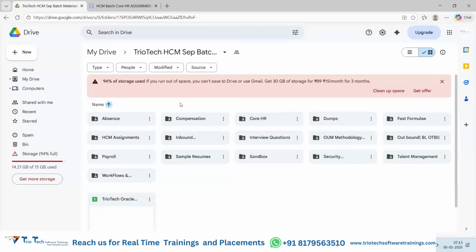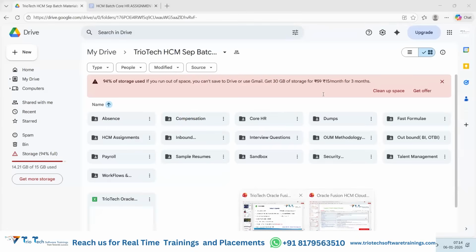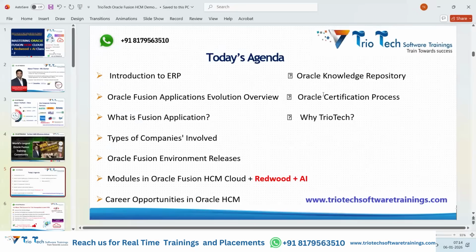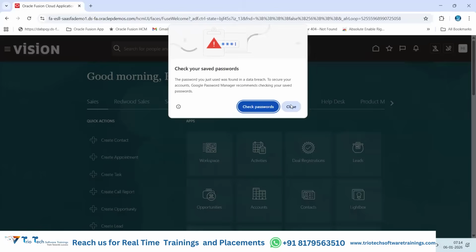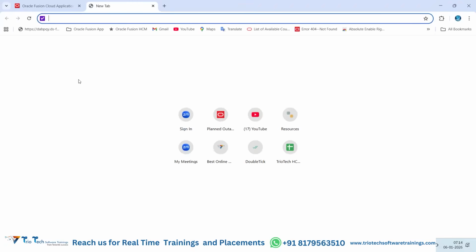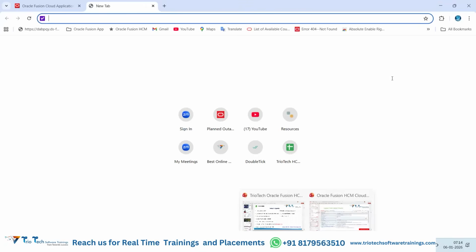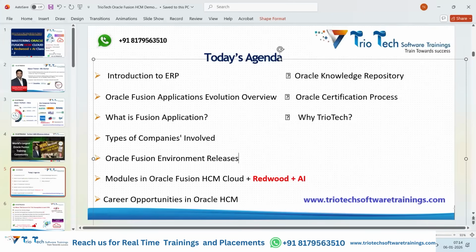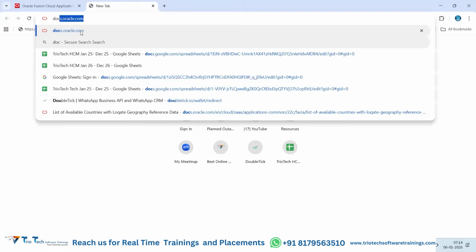But on top of this, if you want to access Oracle standard materials with respect to this technology, team, you have to go to the internet, where you can find them because it's open source. Oracle delivers their applications on an open platform only. You need not have any registrations in Oracle University or Oracle websites, nothing. So where can we go in order to access Oracle standard documents for every module in the system? Just go to the internet and type